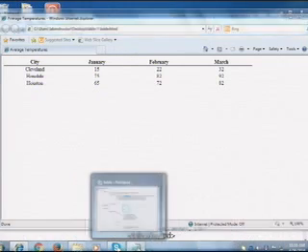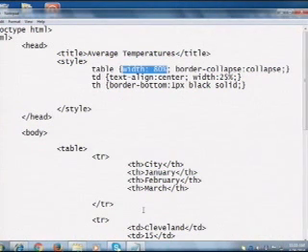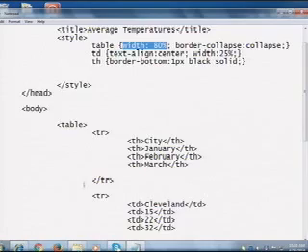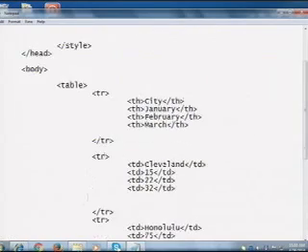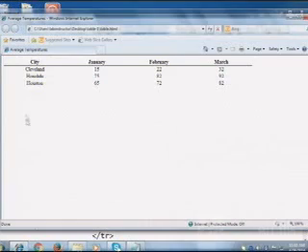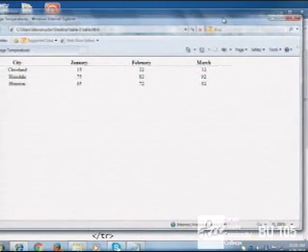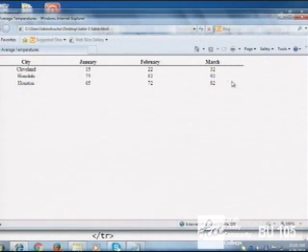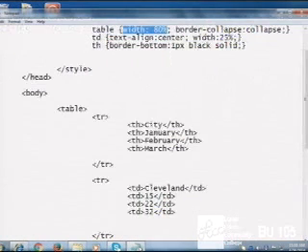Now, the tricky part sometimes is knowing what the available space is. And what I mean when I say the available space is, in this case, because the table is in the body of the page, the available space is the entire width of the web page. So the table is going to be 80% of the entire web page. All right? Now, if I did something like this,